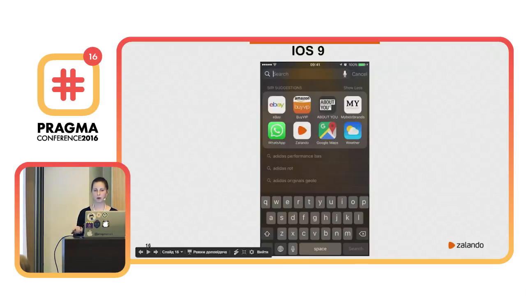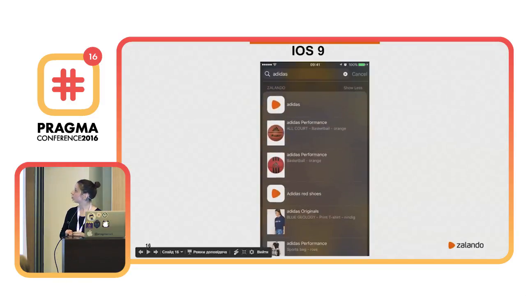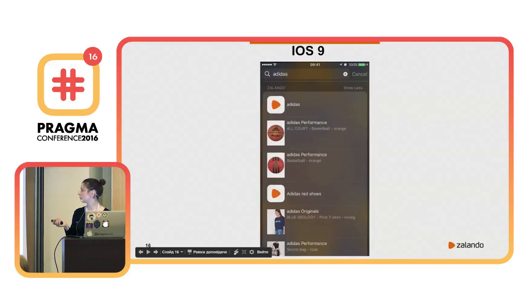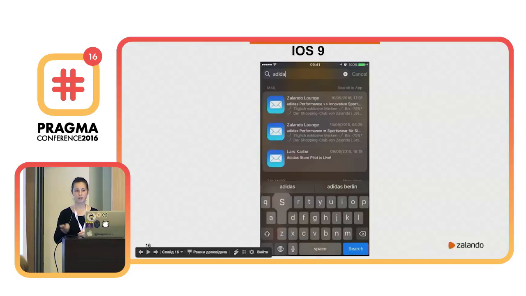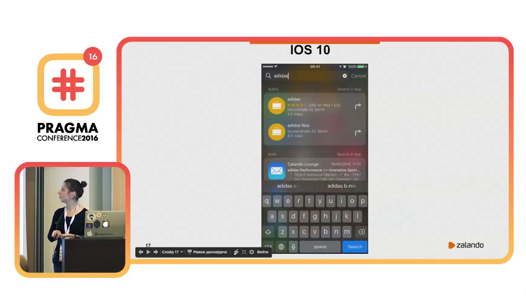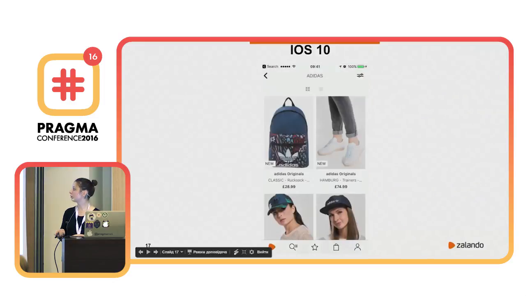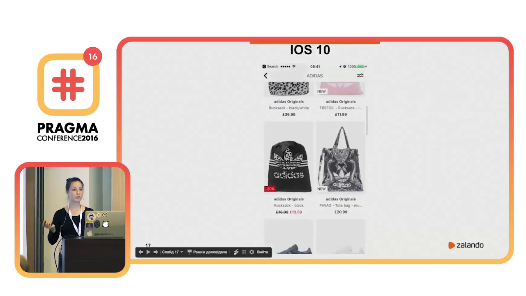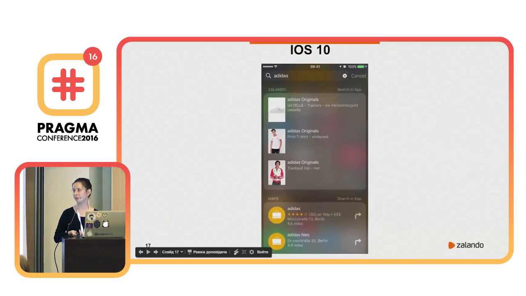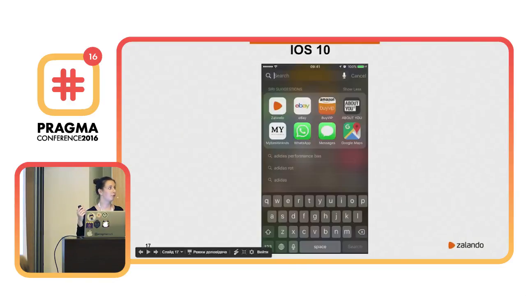So how did it look before in iOS 10? You type something, and then you say show more, show less. So, okay, several results, like 10, 7, whatever. But now you can do this. You go, you type something, and then you say show in app. And then you go to the app, and you have results. And you will have as many results as you want, as you have in your application. So it's pretty useful, and it will give users more experience with your application, allowing them to search for more items.